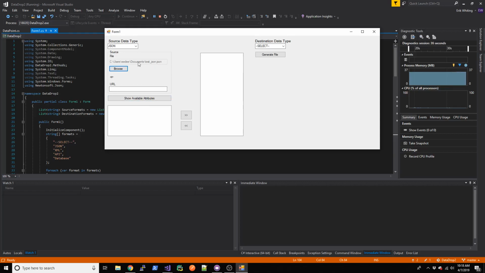You can see the path I have now for that JSON file is in the file text box. I'm going to say show available attributes, and I have the name, job, and age of the JSON file. Those JavaScript object attributes are now available to me, and I can say I'm going to cast this into